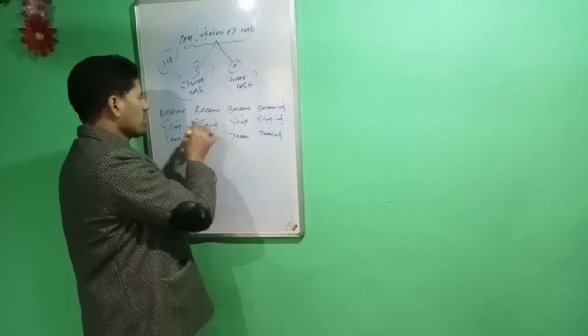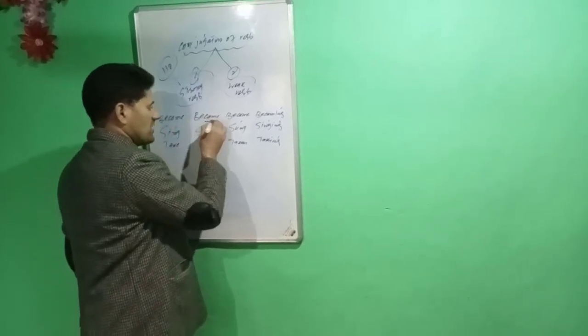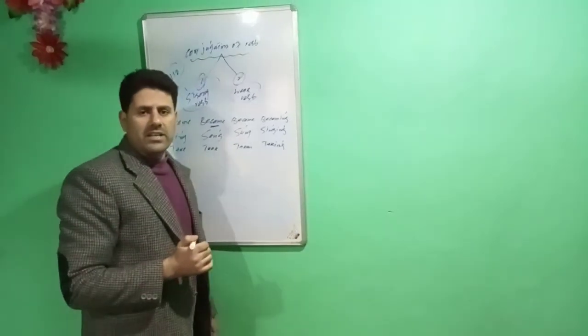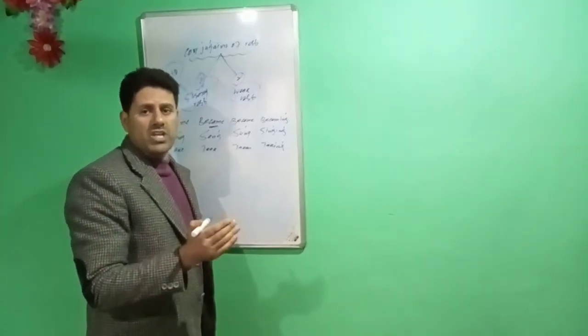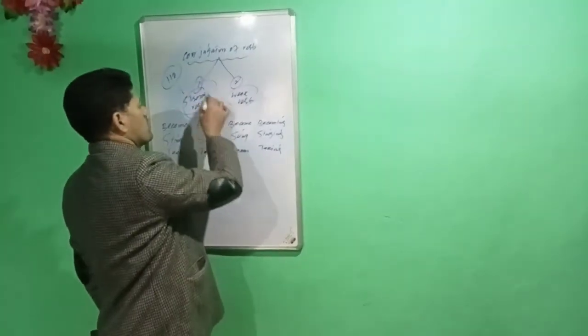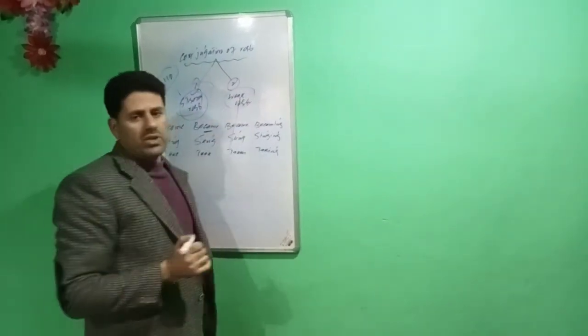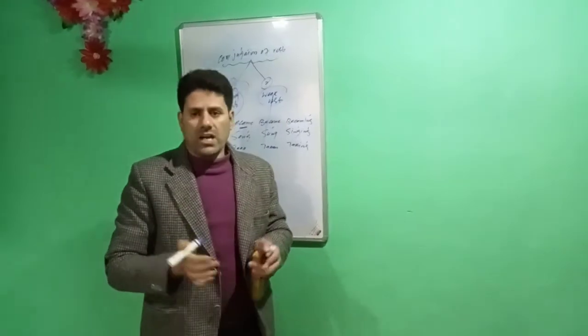See very properly towards the verbs. Here this is an internal vowel. This is an internal change. Where we see that the internal vowel has been changed, that is known as a strong verb. But when we talk regarding the weak verb, simply we can say that weak verbs are